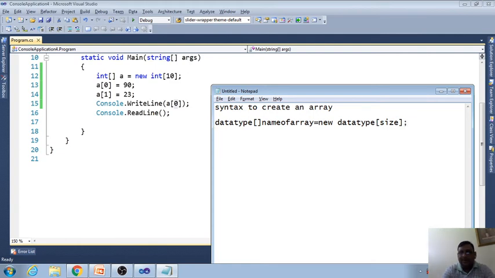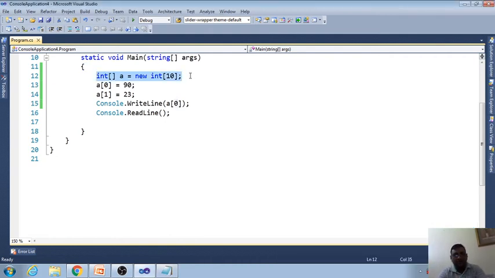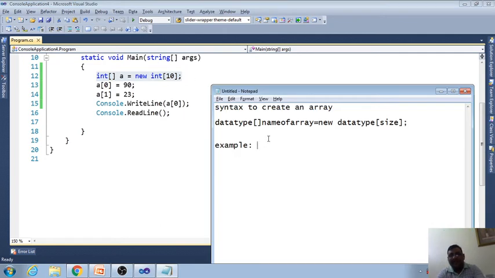This is the syntax. The example is the same one, an example of size 10. This is the syntax and this is the example. Maybe I will ask the syntax in a descriptive question.